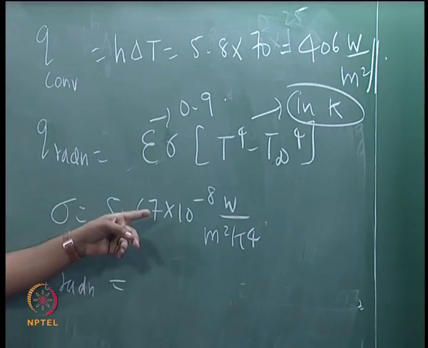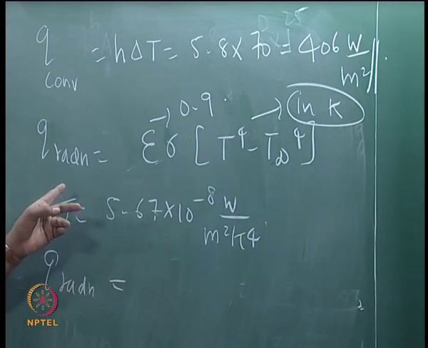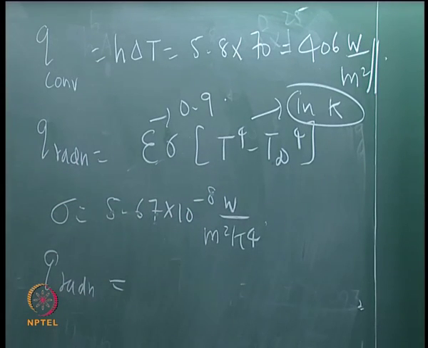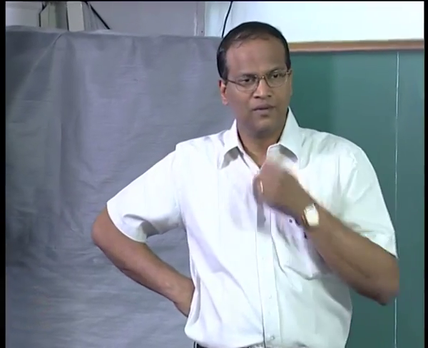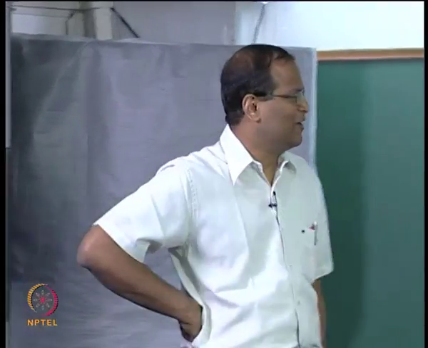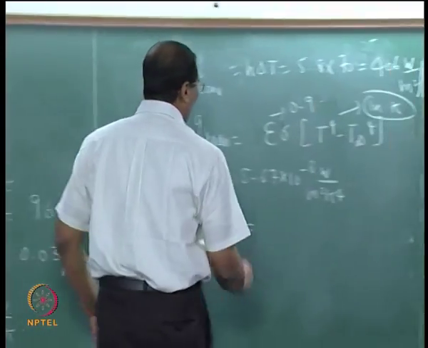It is easy to remember this: 5, 6, 7, 8. Okay. 5.67, but you should know where the decimal place is and put the minus. So that is the Stefan-Boltzmann constant. Stefan was a guide, and Boltzmann was a student, I think. Or is it the other way? Yeah, I think Stefan was a guide and Boltzmann was a student. Okay. So the Stefan-Boltzmann constant is 5.67 into 10 to the power of minus 8 watts per meter square Kelvin to the power of 4. So Q radiation is,